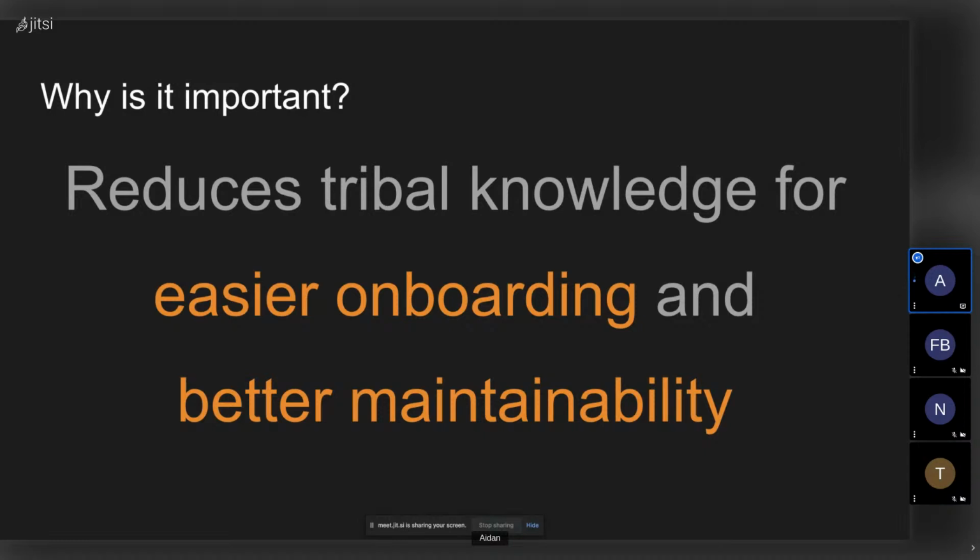And that also leads to better maintainability for the same reason. When you make an update to a domain item on one system, you know that you have to make corresponding updates on another system to that same type of object.